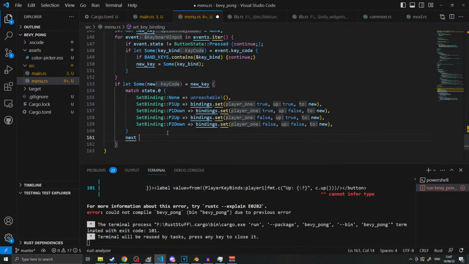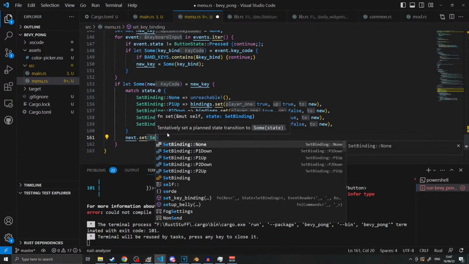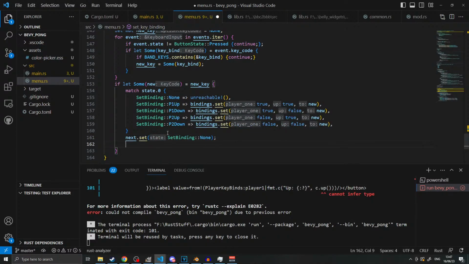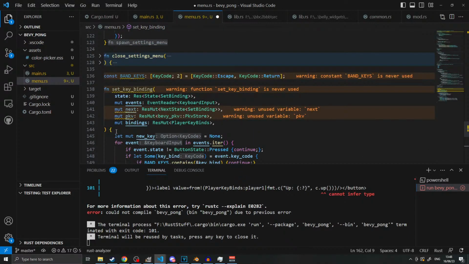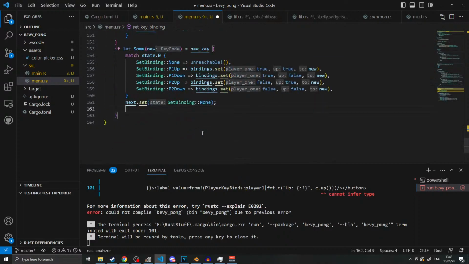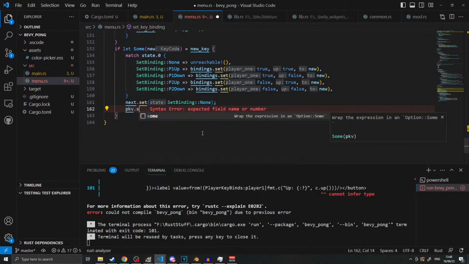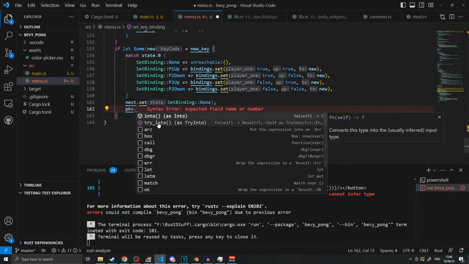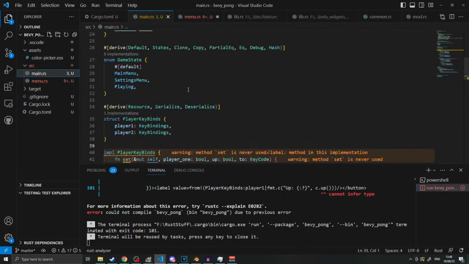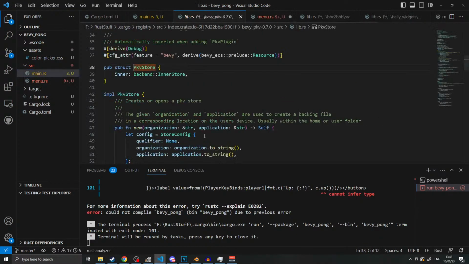next equals next dot set, and then that should be set binding for none. We basically say if you pick a key that you want to reassign, once we've reassigned that key, we're no longer assigning a key. So if you click a different one, it'll go to that one rather than queuing, you know, I want to reassign this one, then that one. You can just do one at a time. But then we go pkv dot why can't I store anything? What is the inner, because it's independent, it's the back end. And preload release